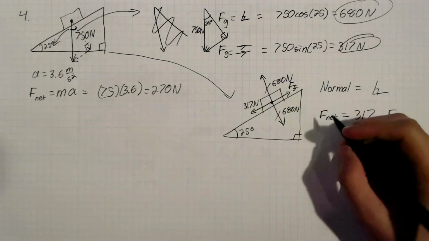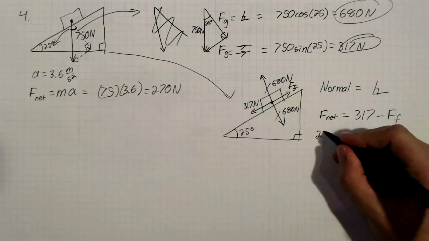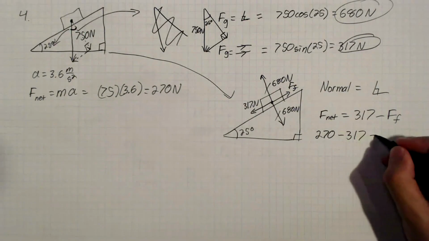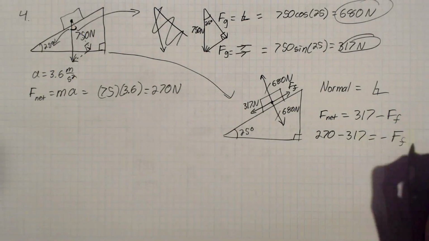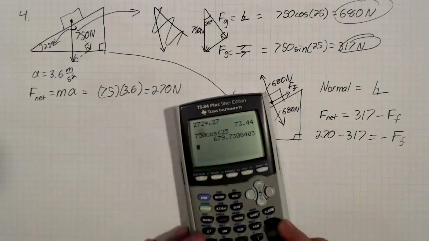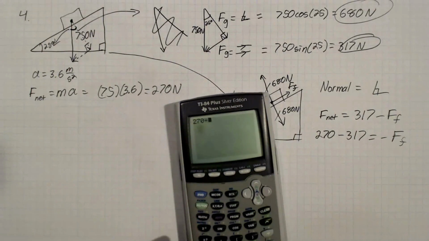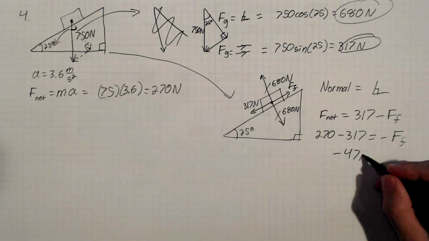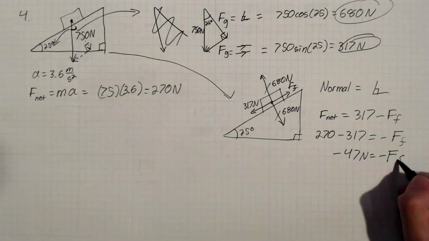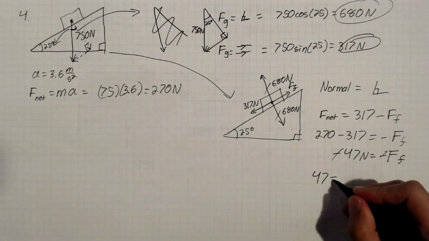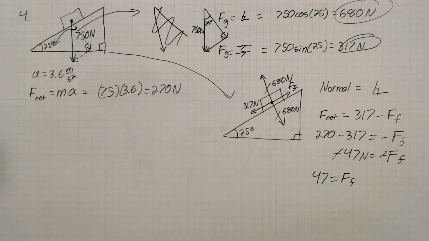Remember this. So that net force, 270 newtons, minus 317 equals our negative force of friction. I guess I could have done that better to make it positive, but let's see. 270 minus 317, so negative 47 newtons equals negative force of friction, and cancel the negative signs. So 47 equals our force of friction, but they're asking for the coefficient of kinetic friction,